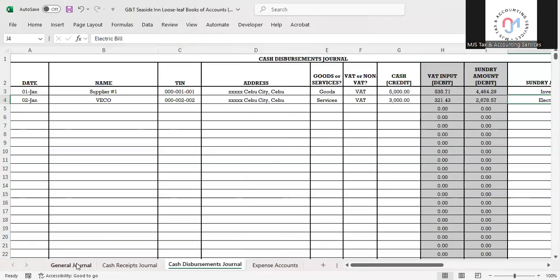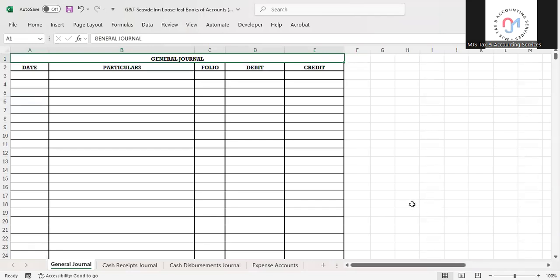Now, lastly, I want to talk about the general journal very briefly. The general journal is where you will record the transactions that do not involve cash. So if it's a transaction that does not involve you receiving cash or you paying cash, then you have to use the general journal of the books of accounts. A classic example is the recording of depreciation. If you have fixed assets or property, plant, and equipment, and you are to record depreciation every month, you can record the depreciation in the general journal